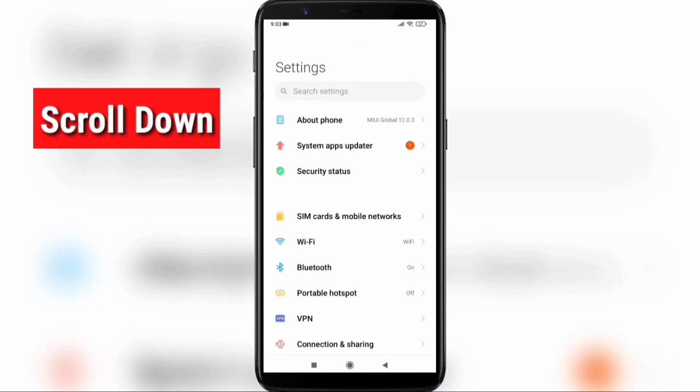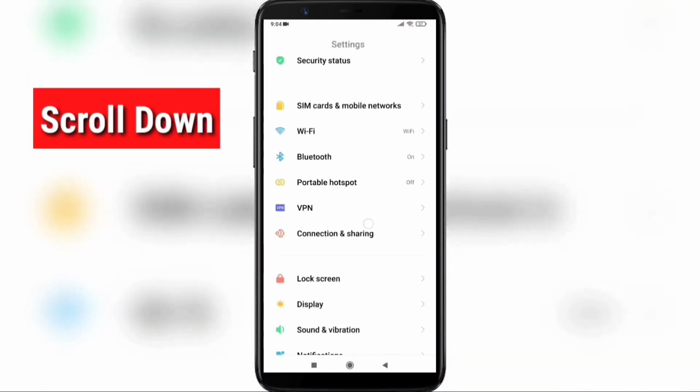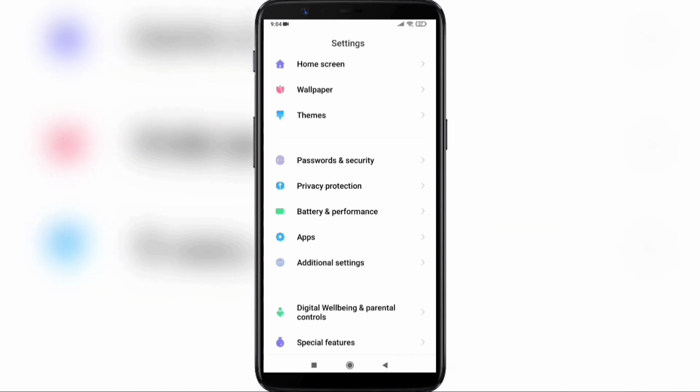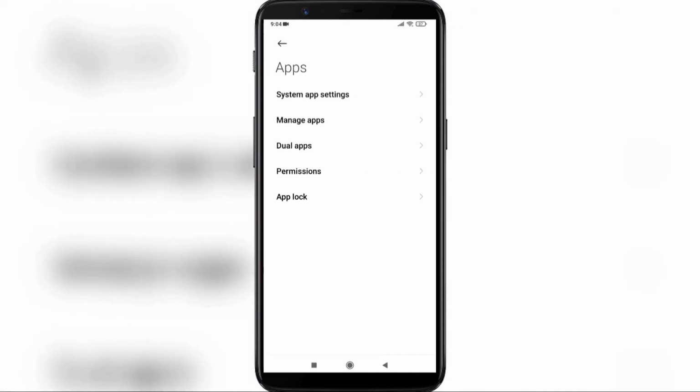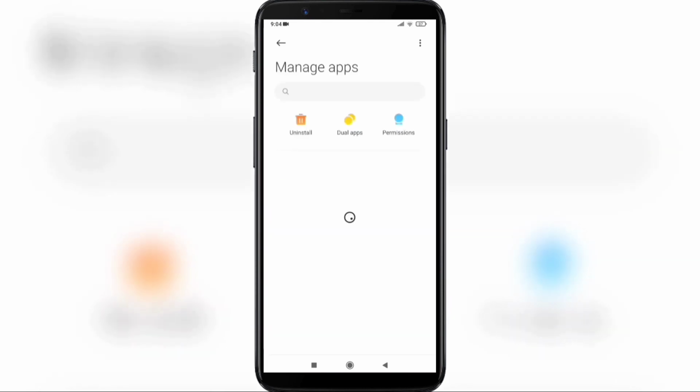Now scroll down your settings page and here tap on apps. Now tap on manage apps. Now here search the app